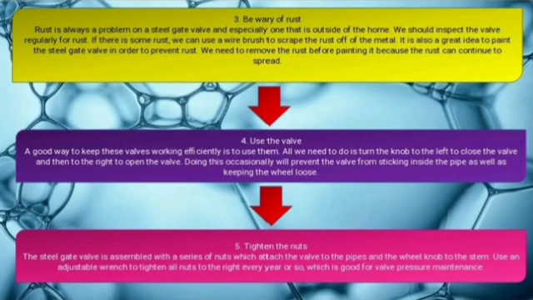Lastly, tighten the nuts. The steel gate valve is assembled with a series of nuts which attach the valve to the pipes and the wheel knob to the stem. Use an adjustable wrench to tighten all nuts to the right every year. Also, which is good to valve,